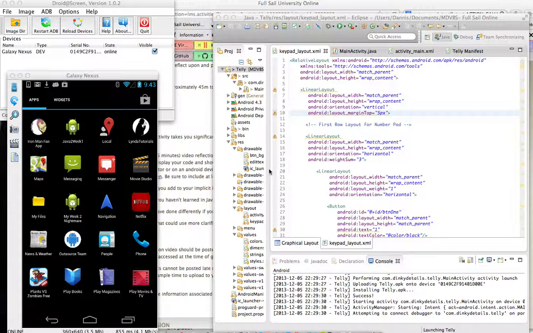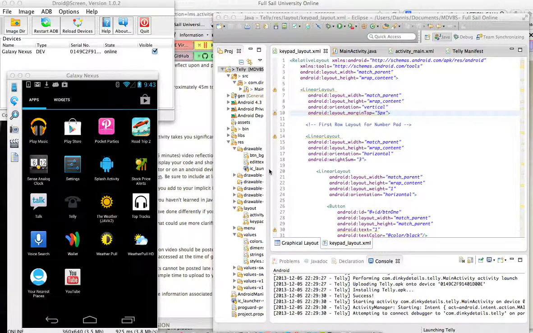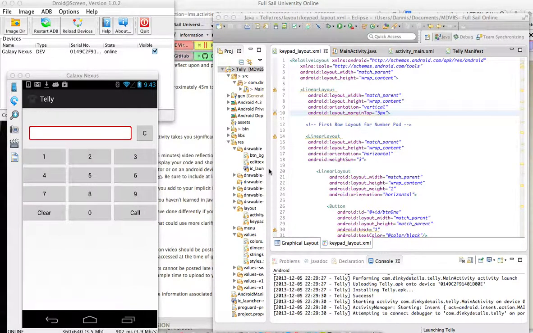So anyway, just to show you my app, it's called Telly, and it's pretty exciting. Not really. But it did take a while to come up with the buttons and get them in the right place and then actually get them to do something. So if we type in a phone number, just random fives, I can hit the backspace and that will take some numbers away.